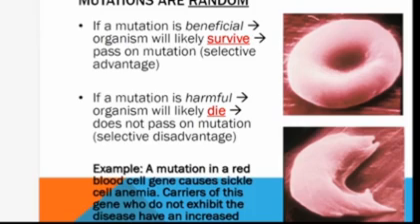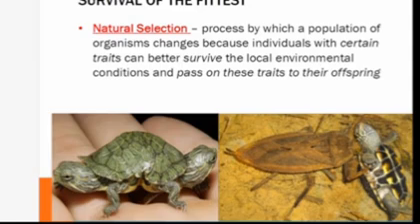Yes, we have an example: a mutation in the red blood cell gene causes sickle cell anemia. Carriers of this gene who do not exhibit the disease have an increased resistance to malaria. We have the survival of the fittest. Now, what do we mean by survival of the fittest? Just like we said,